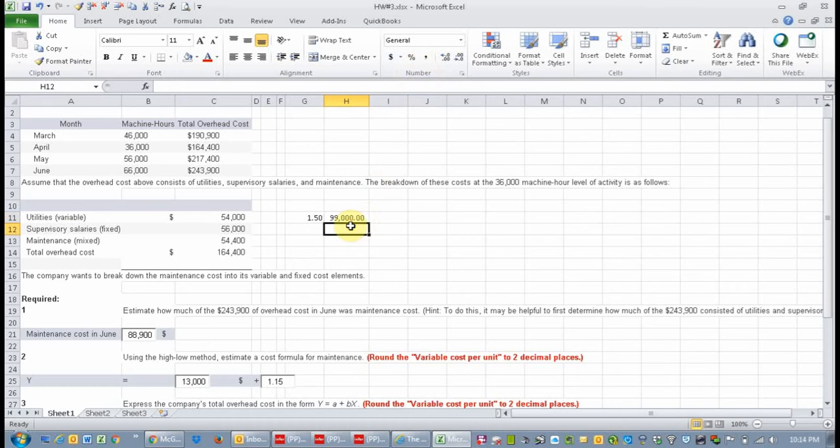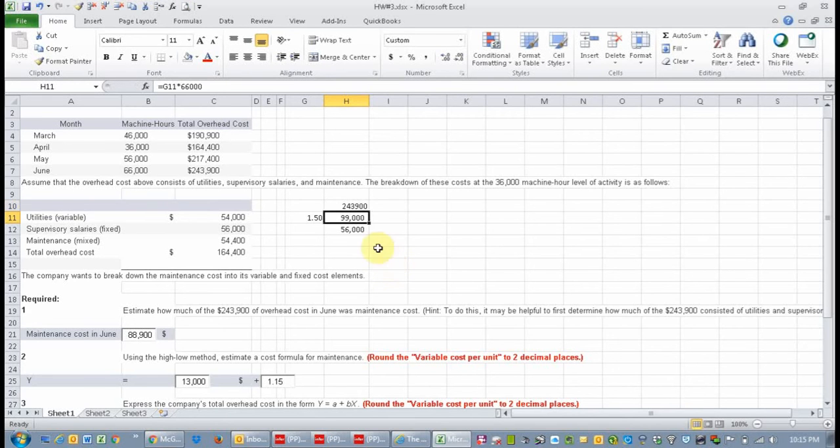Okay, your fixed costs are going to stay exactly the same because they're fixed. By definition, they don't go up or go down based on the number of hours that the machine is on. Okay, and the maintenance cost is what we're trying to find. So basically, you can take it